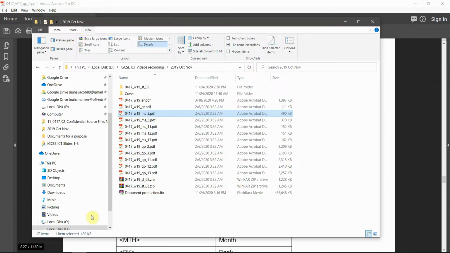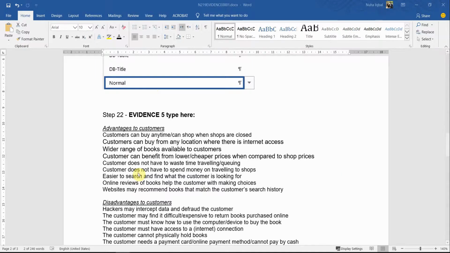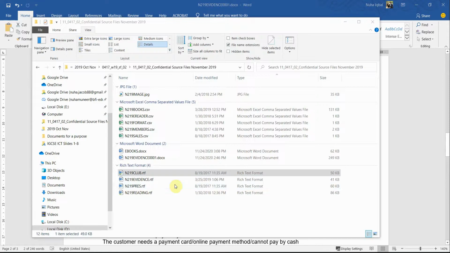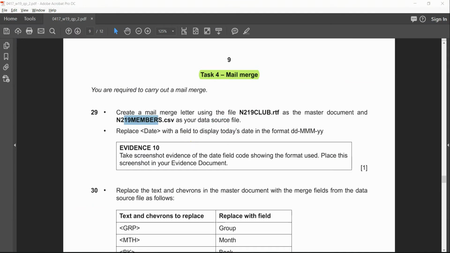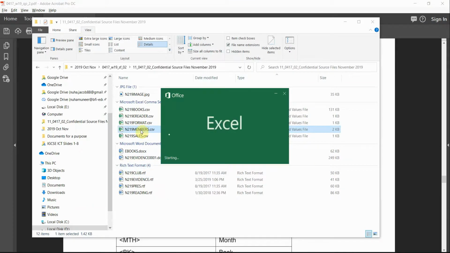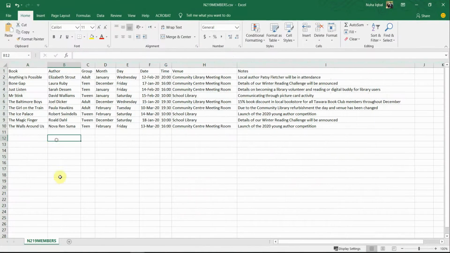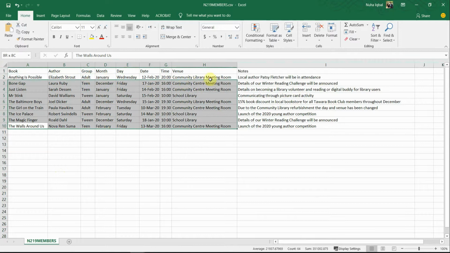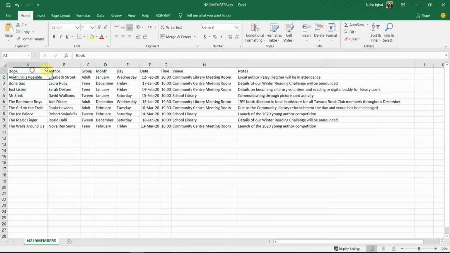Let's open the RTF file first, which is the club file, and the second file supposed to be the data source, which is members. So let's have a look at the members file. So we have book, author, and groups, and months, and date, and time, venue, and some notes about that book. So we have around 9 fields, and here is the title. Okay, I'm going to close this for right now